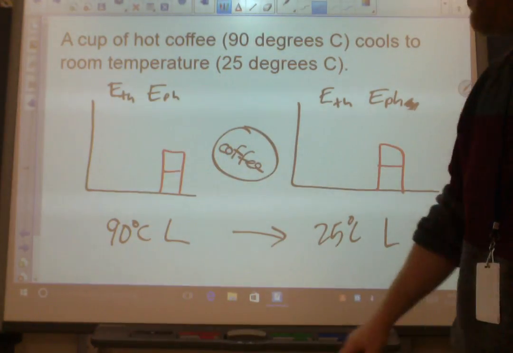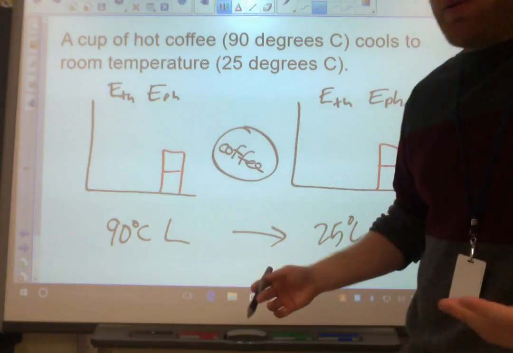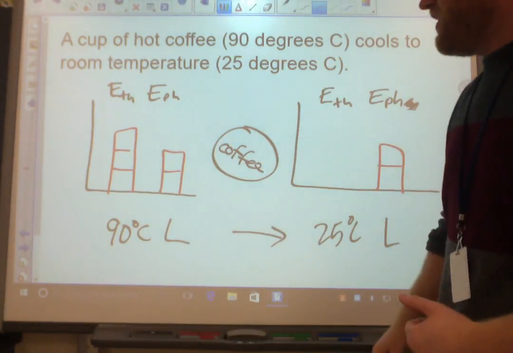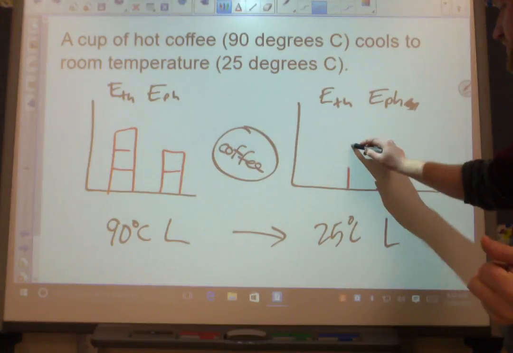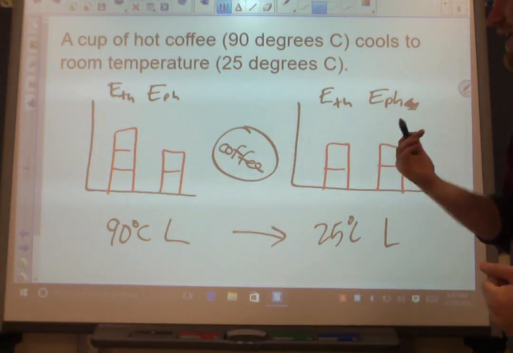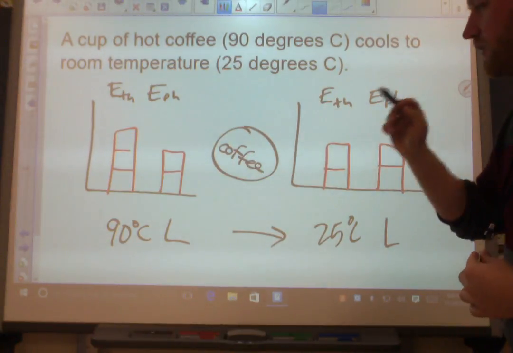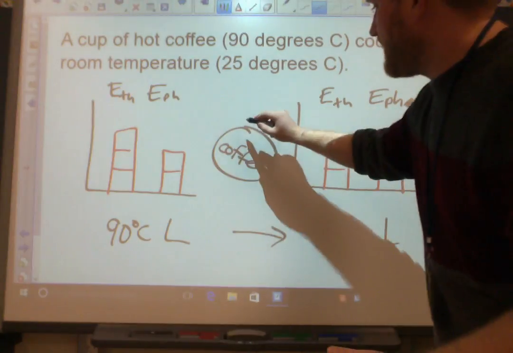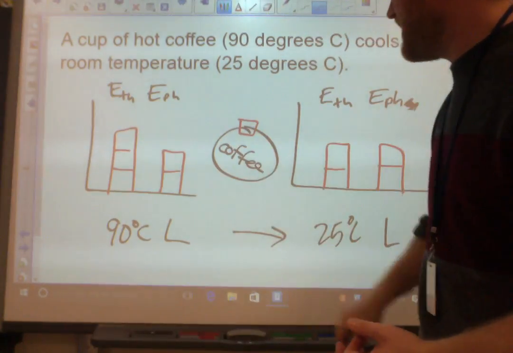Thermal is going to change, though. So 90 degrees Celsius, that's closest to 100. We're going to call that 3 bars. Okay? Over here, 25, that's room temp. I'm going to call that 2 bars. All right? So what you do now is you take the difference and you add it up. So I have 5 blocks over here, 4 blocks over here. The difference is 1. You're going to make that 1 block kind of hanging halfway in, halfway out of that